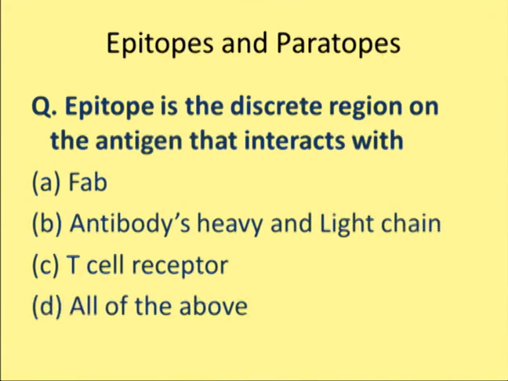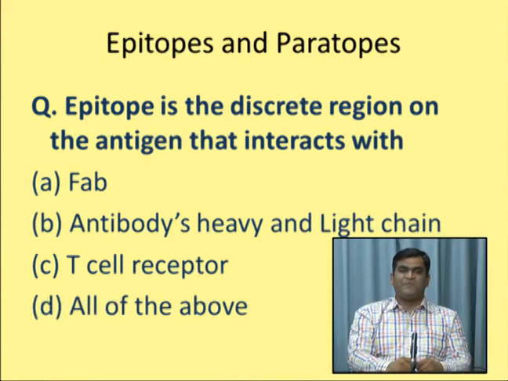This is reflected in this question that you can see. Epitope is the discrete region present on the antigen that interacts with: option A, Fab, that means fragment antigen binding; option B, antibodies heavy and light chain; option C, T cell receptor; option D, all of the above. Actually,